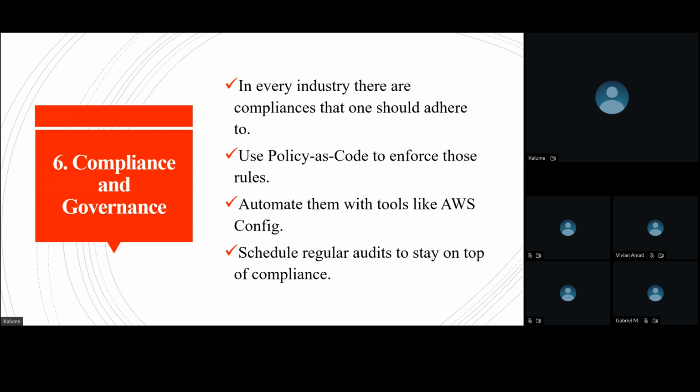So you don't need to go every day from one environment to the next, let's say Azure, to check that if you are provisioning a resource, then the resource should be in a certain region, not in another region. Why don't you create a policy and say that for this resource group, it can only provision resources in this region. So you can automate them with tools like AWS Config and schedule regular audits of